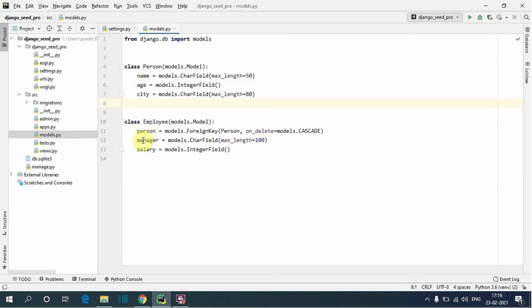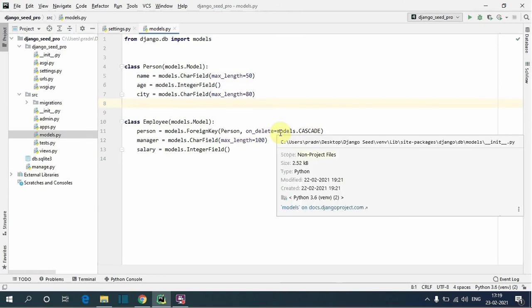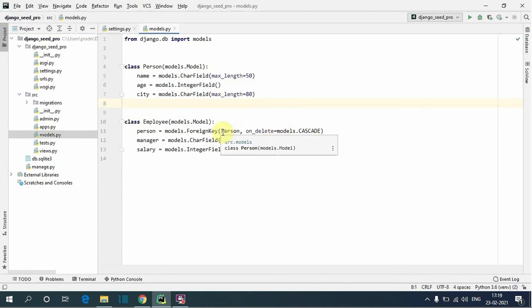The Employee model has a foreign key of the Person model, using on_delete=models.CASCADE, which will delete the employee instance if the person linked to it gets deleted. It also has manager and salary fields.